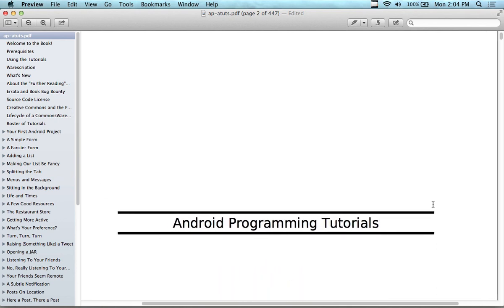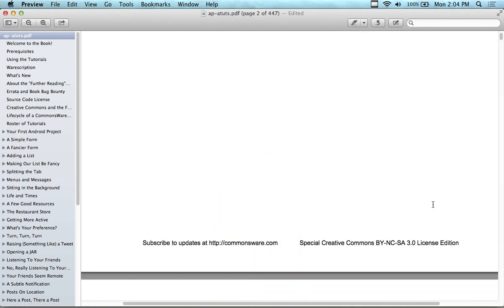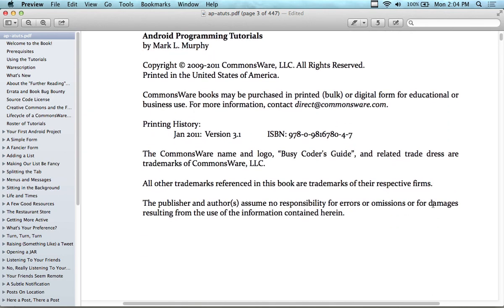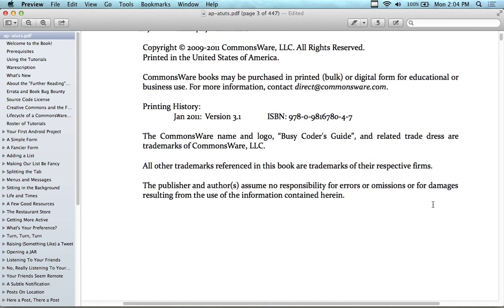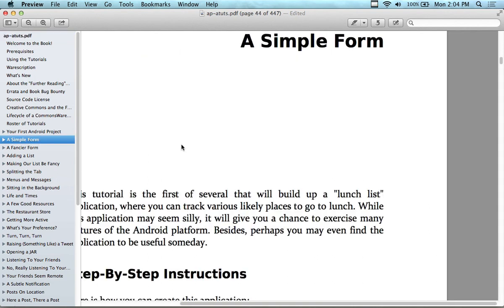This is an old book, but I sort of like it only because of the topics. It's a nice, easy read too. I'll do the tutorials on 4.x or whatever, but I'm going to still use my 2.3 emulator because it works best. You can use any version of the SDK that you want. I'm going to run through about 447 pages of this book within the next 3 weeks,